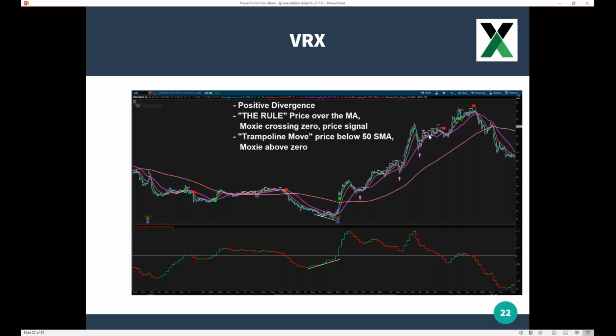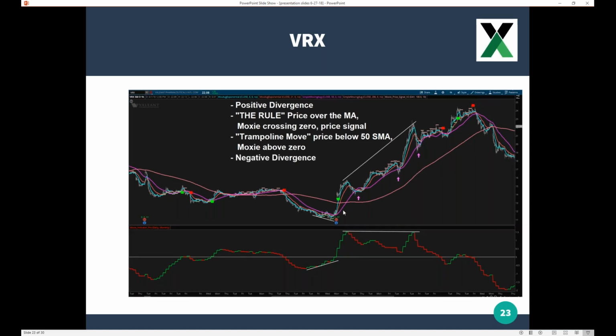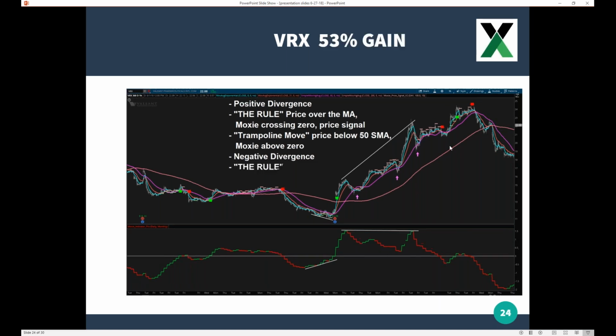And as price continues to try to walk along the 50 period moving average, you can see we start getting these warning bars again. And so now I'm taking this into context. And that context is we now have negative divergence. We have a huge run up in price, but the Moxie indicator couldn't get any higher. And that's telling us that energy is not supporting price. And so what do we get? We get a whole bunch of these warning bars, and then we get the rule.